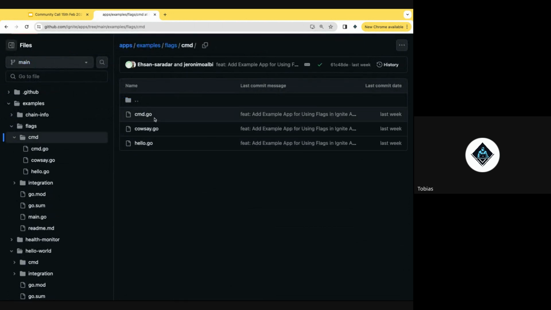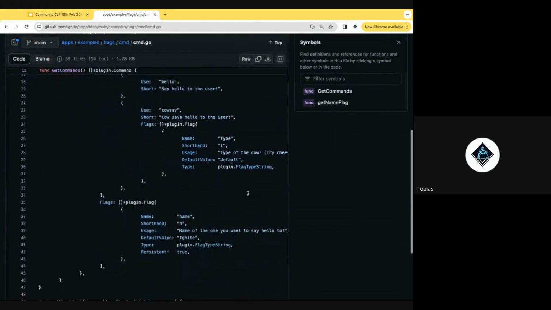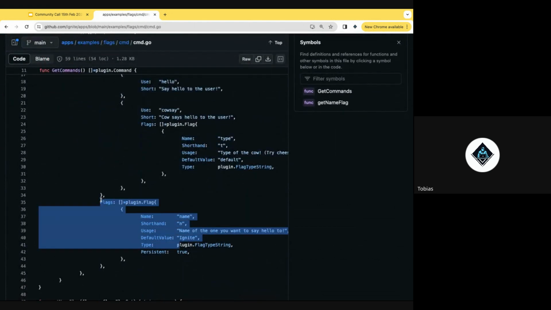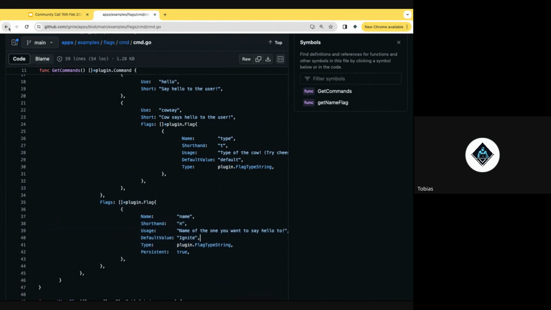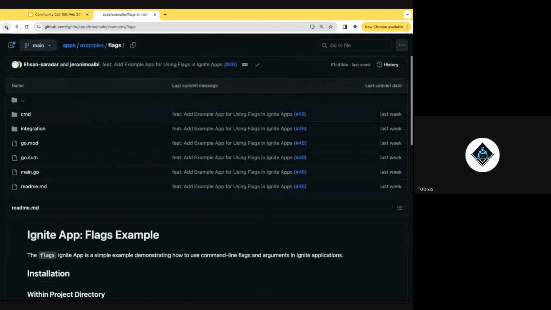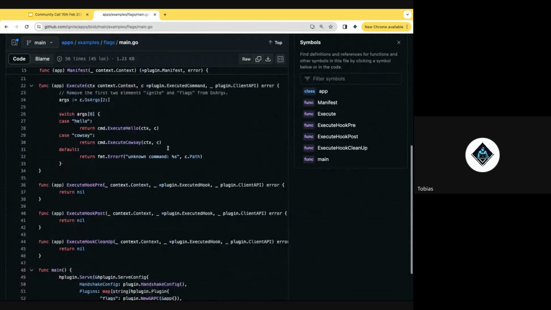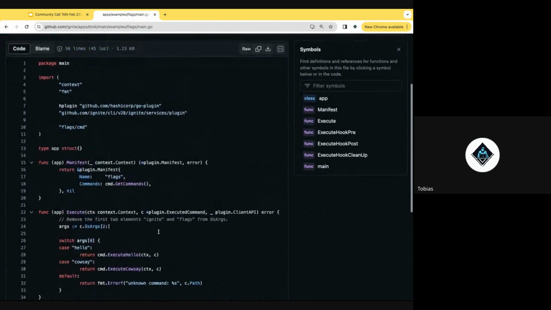If you go into this one, it will explain a little bit more about how flags work and how they are eventually integrated into your app, and how they are wired together in the main.go file, and how exactly you are expected to work with flags.